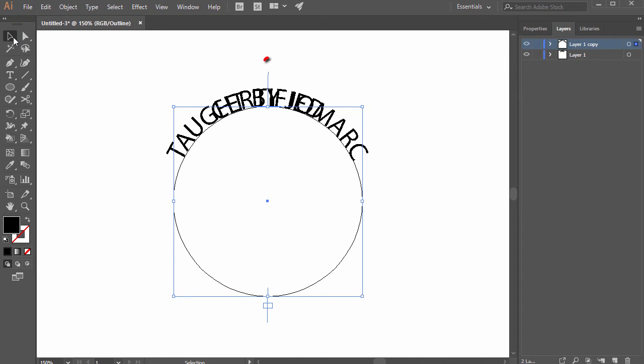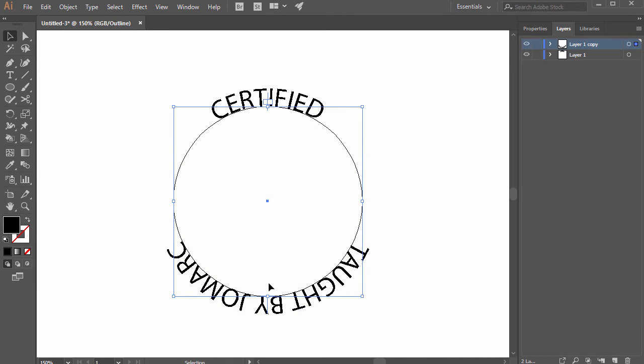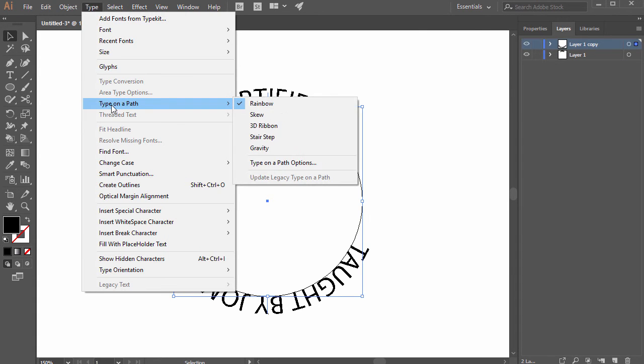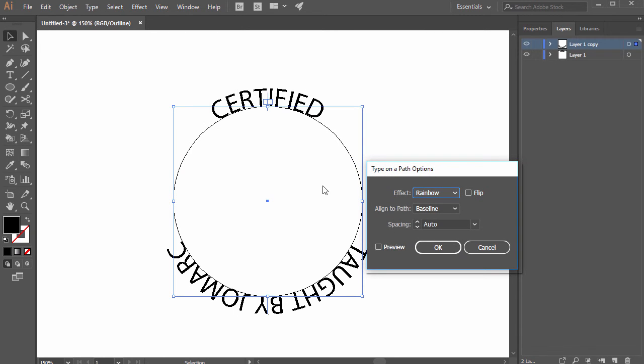Grabbing our selection tool, let's now rotate our text heading to this vertical line, rotating this. So notice the magenta vertical line, release. We prefer this text to be readable. Now with this layer selected, let's head to Type, Type on a Path, selecting Type on a Path options. And under Effect, let's select Flip